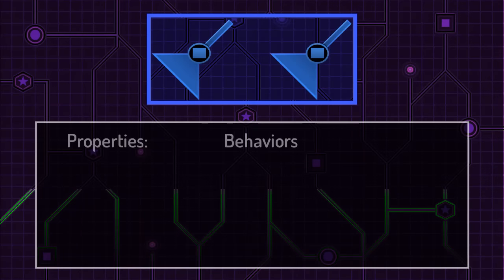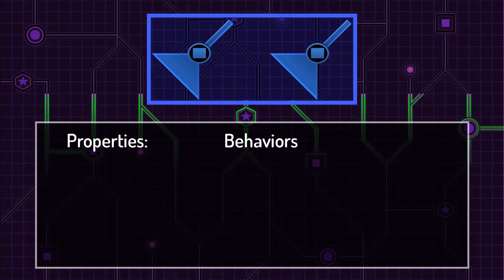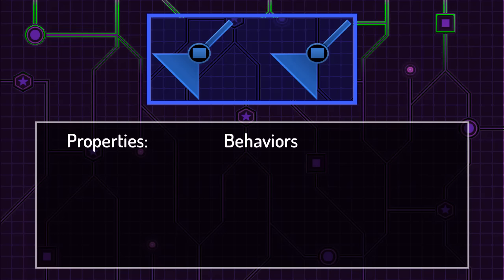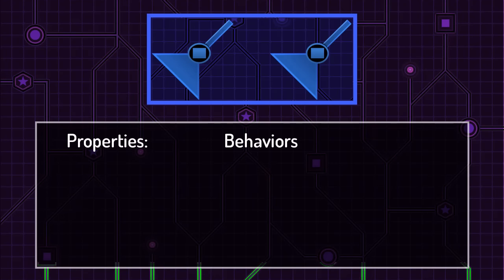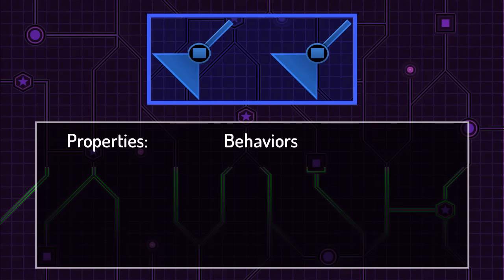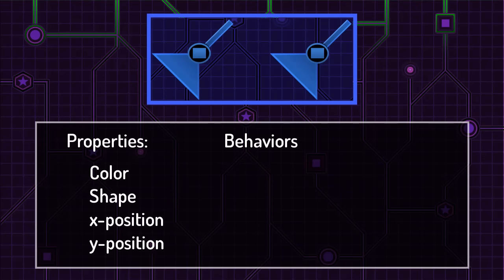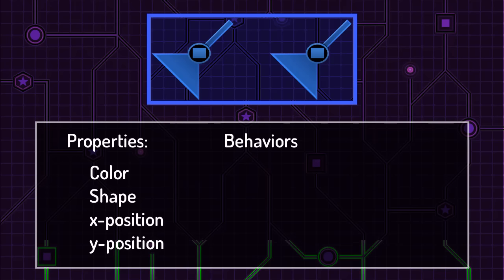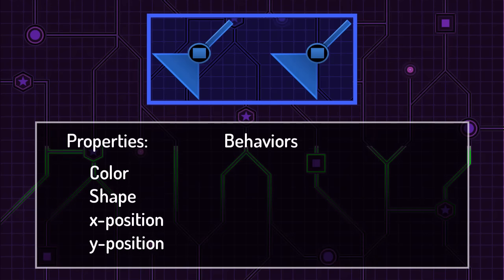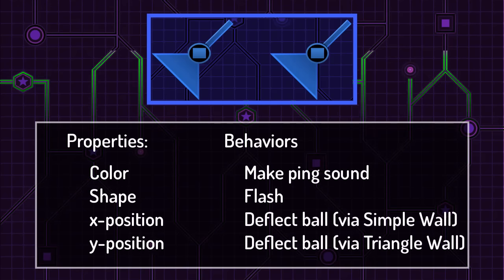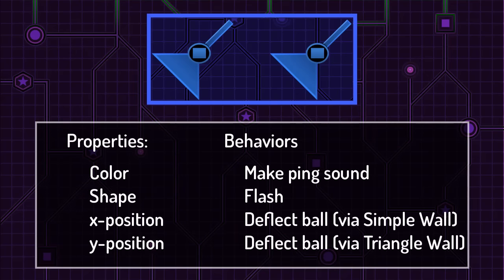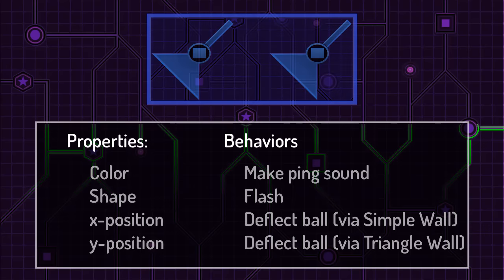In fact, behaviors combined with properties are the two key ways of describing objects in Java. In the case of a blue bumper, the properties are color, blue, shape, rectangle, X position, and Y position. Its behaviors are to make a ping sound, flash, deflect the ball via simple wall, or deflect the ball via triangle wall.